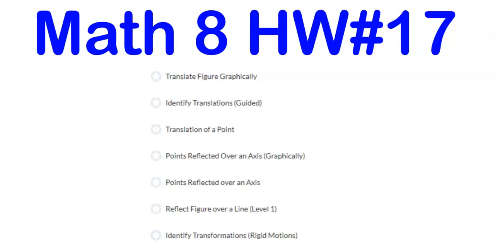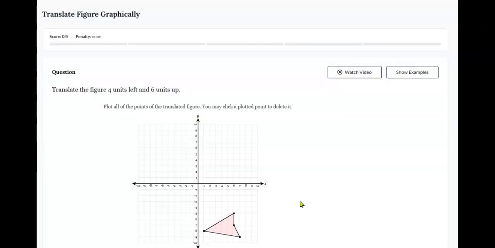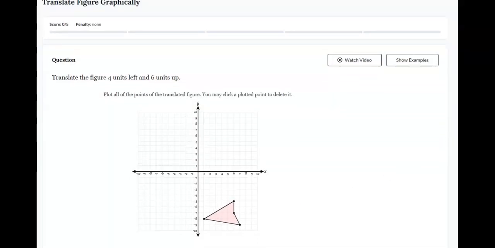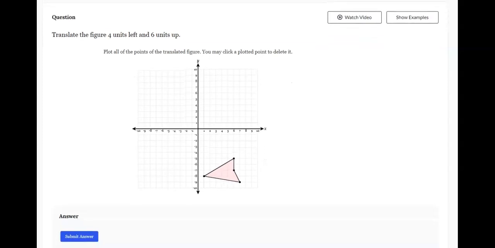Let's take a look at the homework number 17 topics, starting with translating a figure graphically. When you translate a figure, you slide it either left or right along the x-axis or up or down along the y-axis. So if we're going to translate 4 units to the left, that means all 4 of these points need to move 4 spaces, or 4 corners, to the left on the x-axis, and then 6 units up